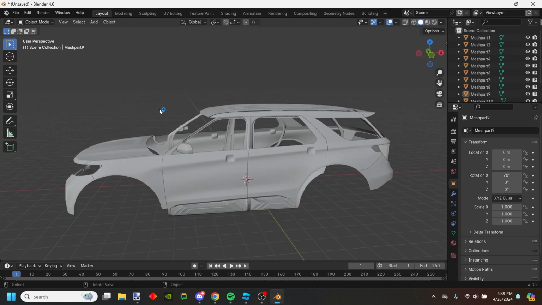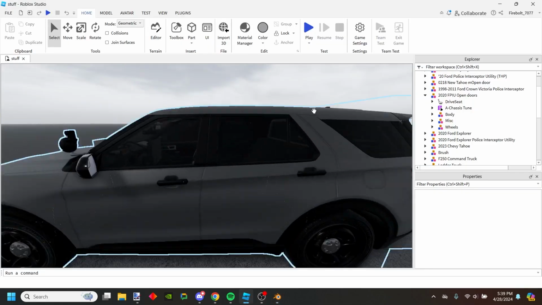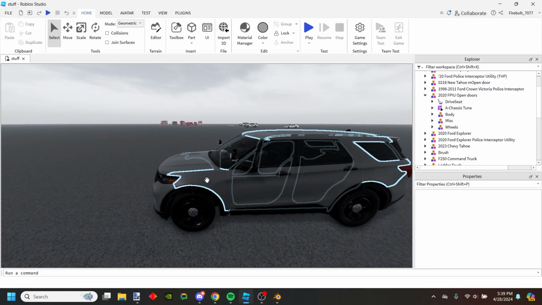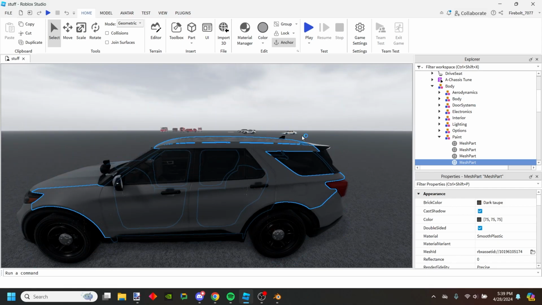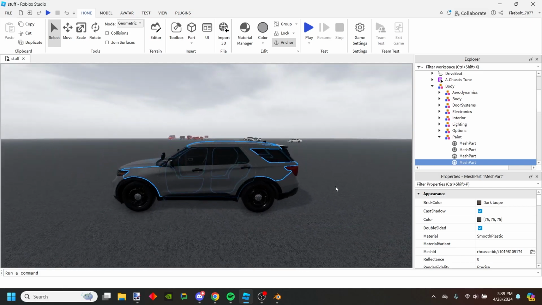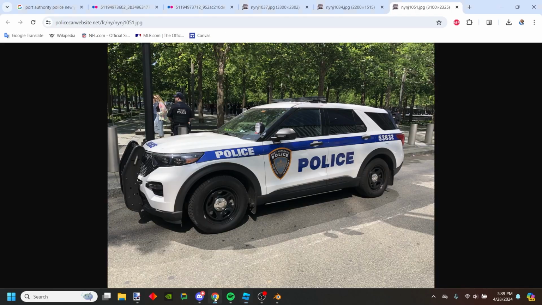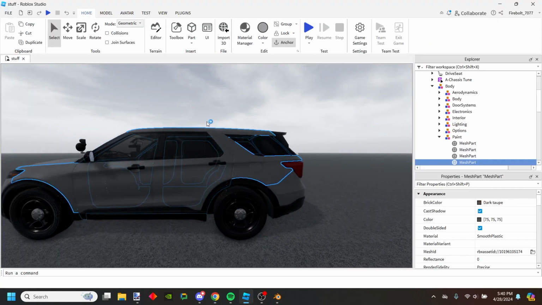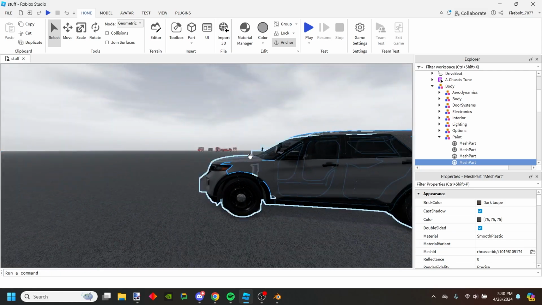What you're going to want to do is, the majority of the time, this mesh is one piece. And then you have to separate it in Blender in order to get the higher quality for the decals. For example, on this, which is what I'm doing, there's a line and words here and here. I have to separate those because if I don't, it's going to end up being way more blurry here and here